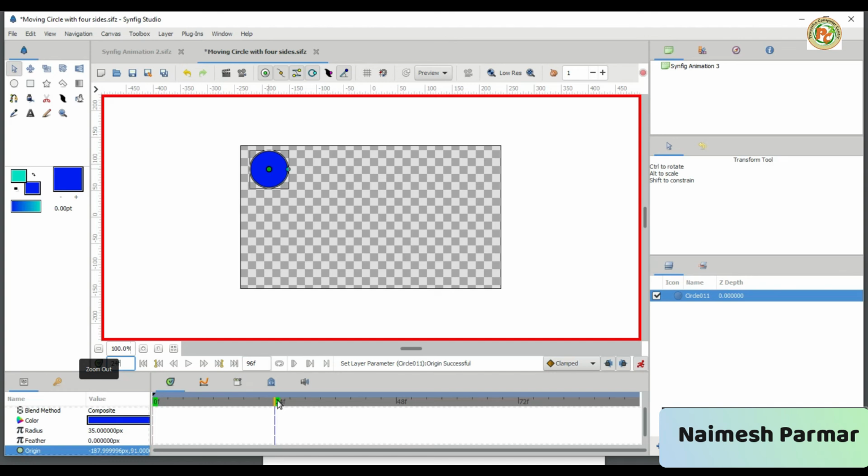So our frame is changed here. Now whatever changes you are going to make, just make them. So we are going to drag from left to right. Hold down the shift key, because it will make a straight line for the circle. So hold down the shift key and drag here. Okay, and drop it. Done.